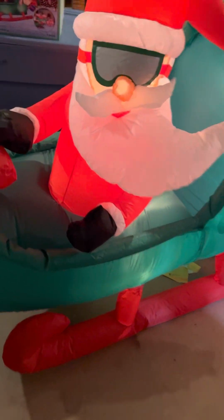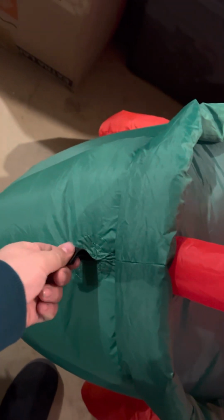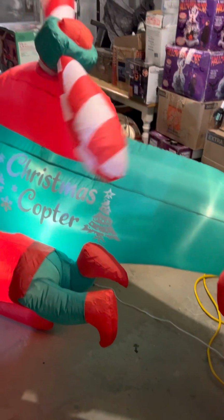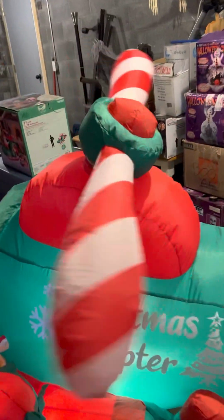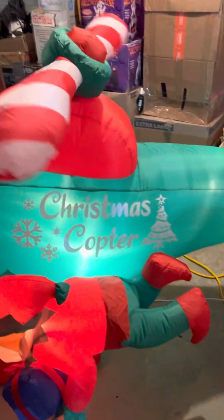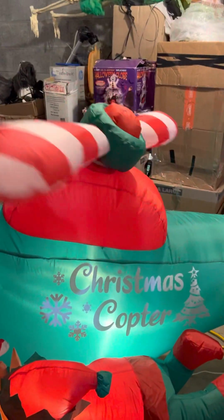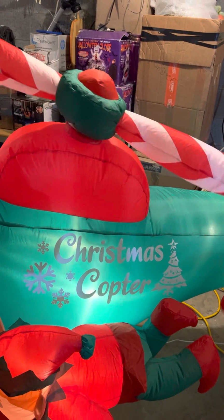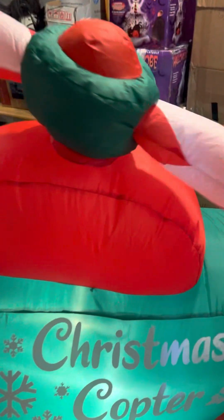So first off, obviously, string holder here, and then the other string holder is actually right there underneath. And then the 4 stakes by the fan. So these are the air-driven mechs. They're not the gear-driven mechs. And I'll be honest with you guys, I think in this case the gear-driven would have worked better. It would be a little slower, but I say that because if you look,